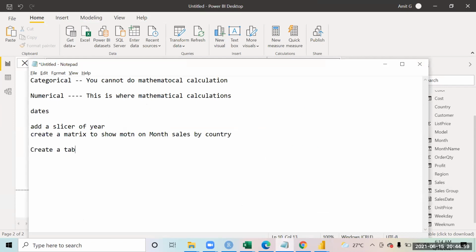Create a table that shows the count of less than 1000 transactions and more than 1000 transactions. I mean, I want to see how many transactions were above 1000 and how many were below 1000. So I want to see a count of that. Can you make a table on that?